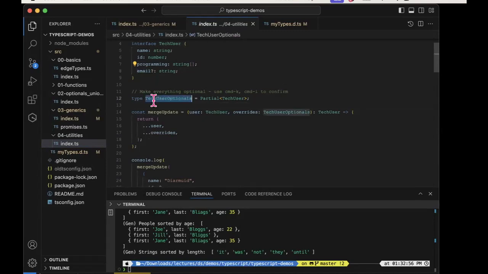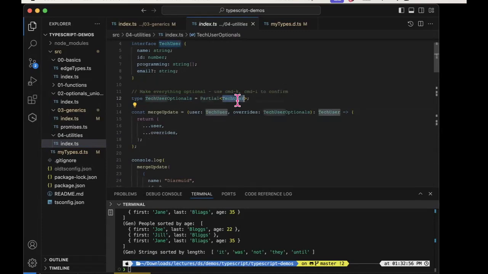So I'm going to call this new type user optional. Not a great name. Here's the utility type now. So there's a utility type called pick, and you can see it uses the generic syntax. And the way you interpret this line is you take this source type, tech user in my case,